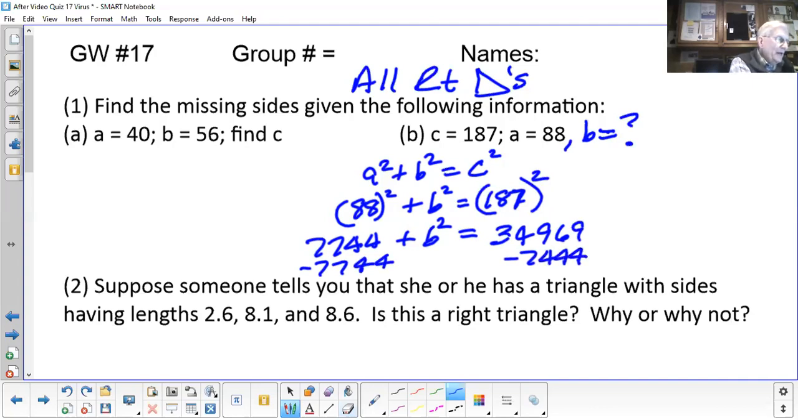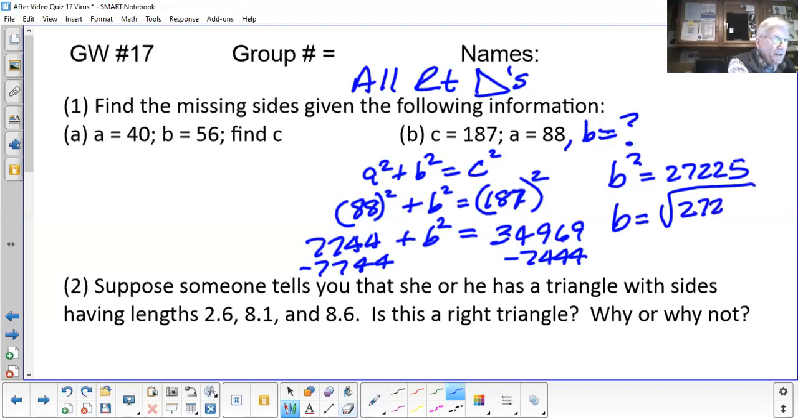So when I do that, I will obtain b squared, which I probably should have called x. I didn't, but that's okay. I can just leave it as b squared. Now, when I subtract those two, I'm going to tell you without going to the calculator screen that I get 27,225. So to get b, what I have to do is take the square root of 27,225. And whatever I get for b will be the length of that leg, which is usually referred to as